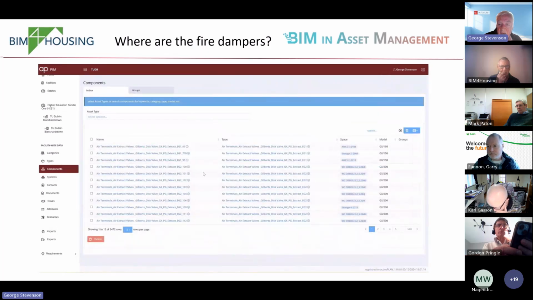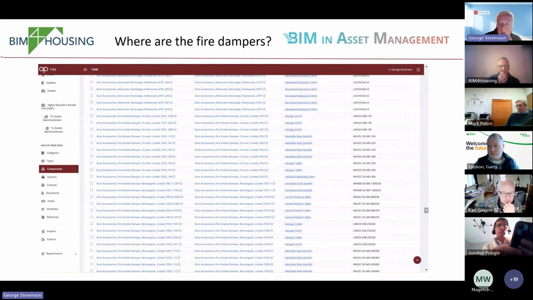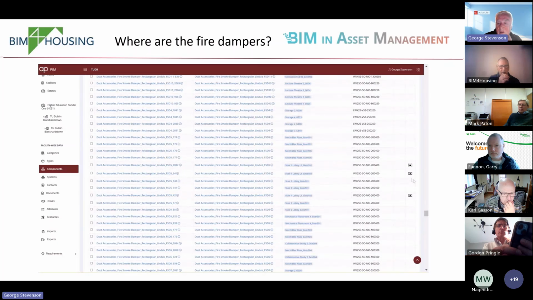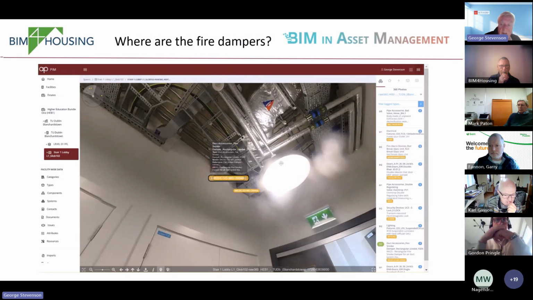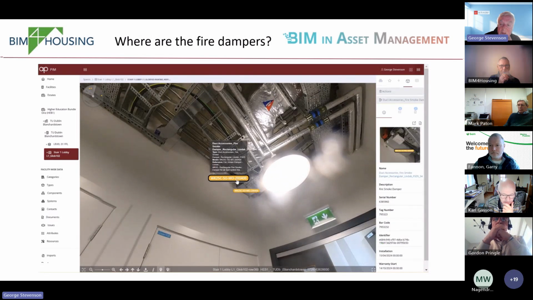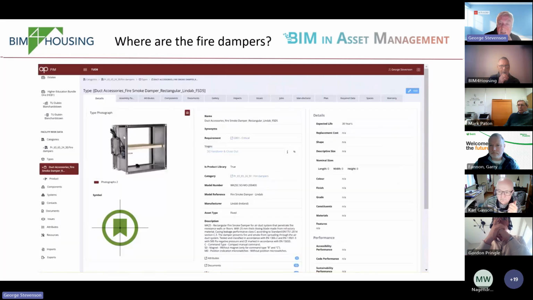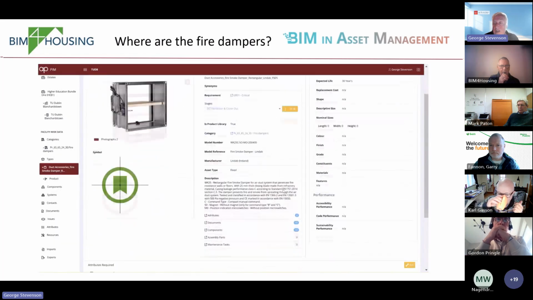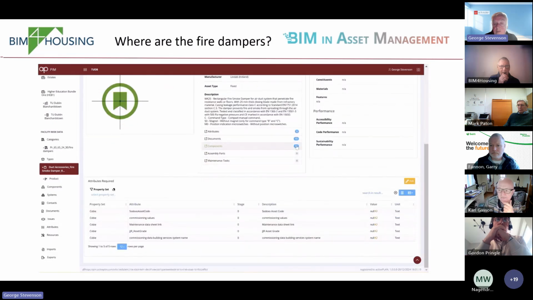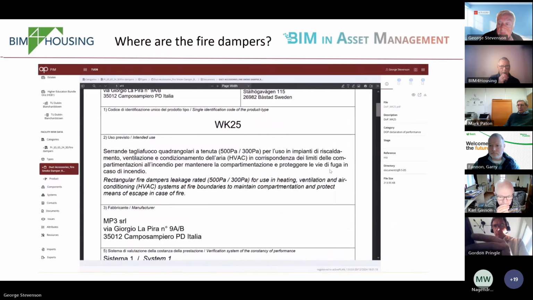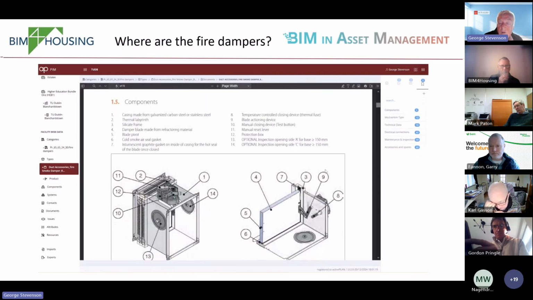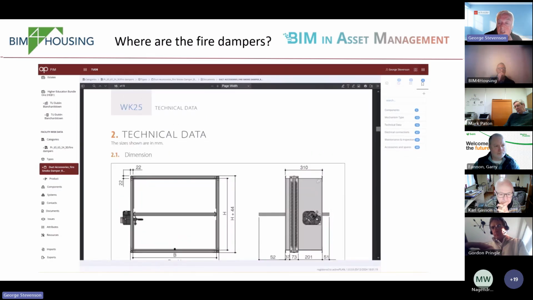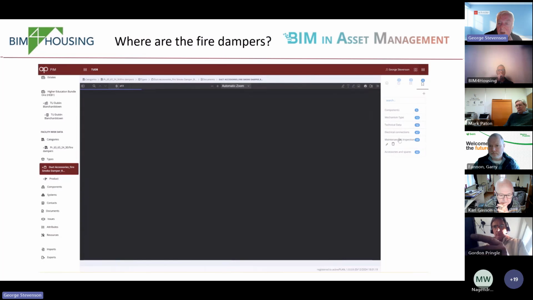But the connection then, there's a dynamic connection between the asset in the schedule with where it is in the building. So the connection is between the 360 photograph and, well, it's probably a very complex set of asset information. And the 360 photo is also connected to the O&Ms. So we've got again a three-way connection between that, which can then produce the information that's needed to integrate with